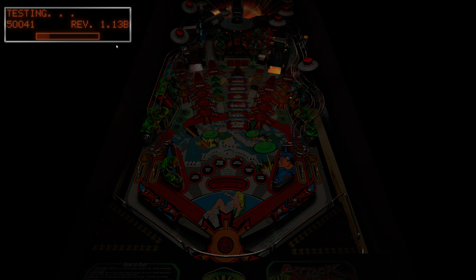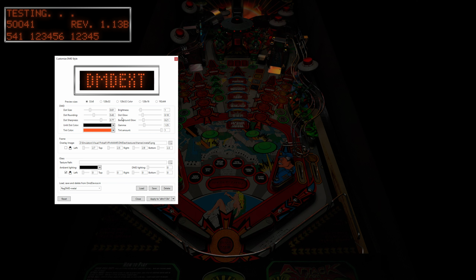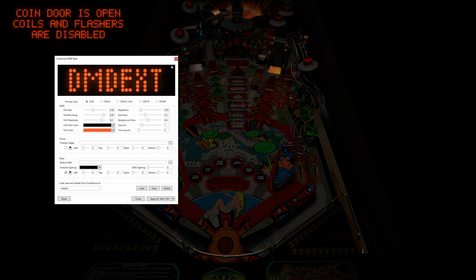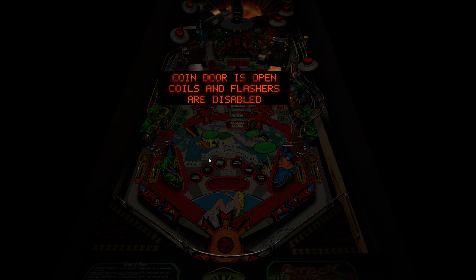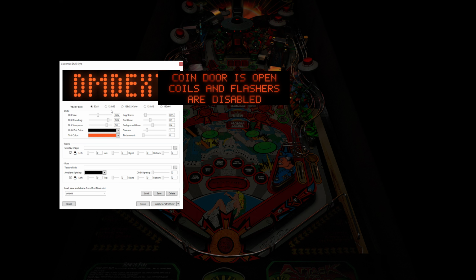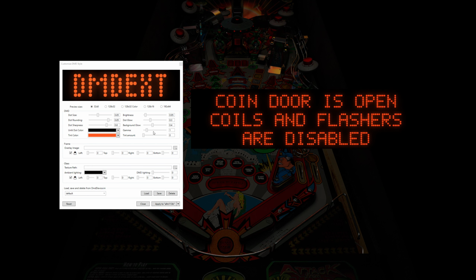Bam. It remembers my border being on here, so when you first load it, it won't have this border. And I'll show you what it will look more like this default. It'll look like that. But still so much better than the other one. And you can come in here and play around with these dot sizes. Make it small, make it big, make it square,